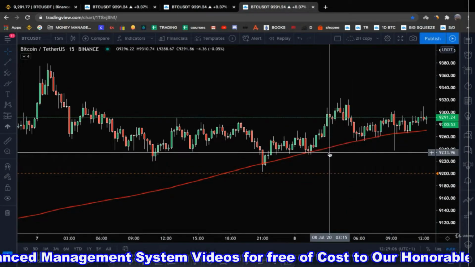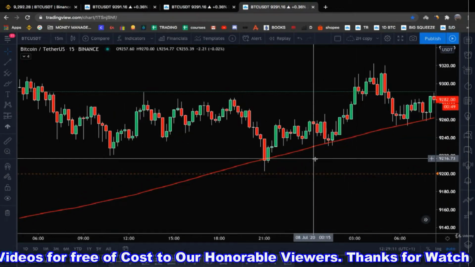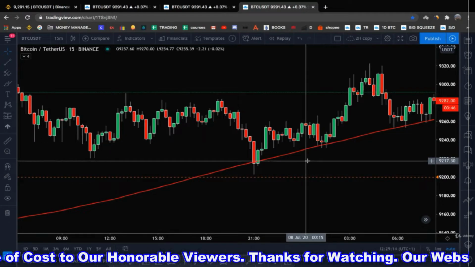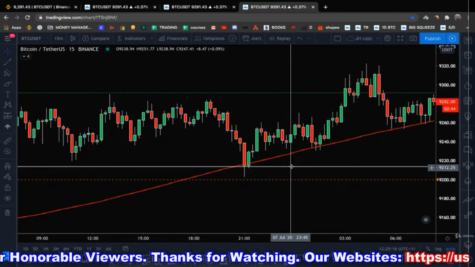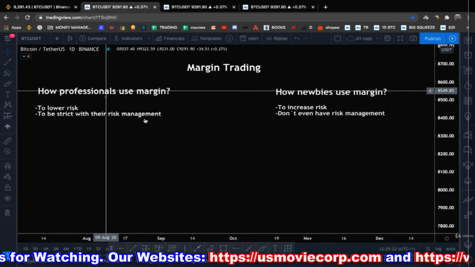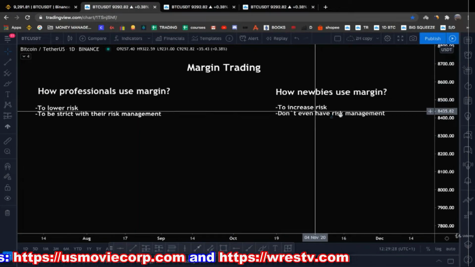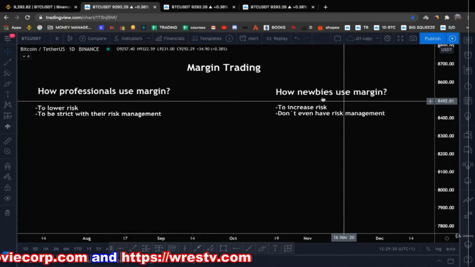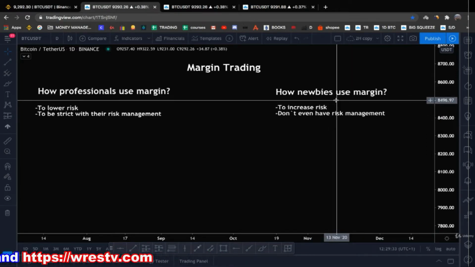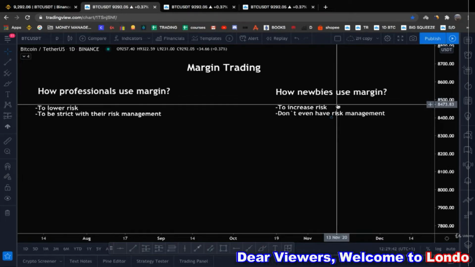So this is why I will teach you in another lesson why strict risk management is so important. Strict risk management. It's not a should, it's not an if, it's a must that every time you have to enter with proper risk management. So basically this is the difference between how professionals use margin and how newbies use margin. This side here, they are playing a casino again. Let me give you an explanation: in the casino, there are two sides. There's the casino and the player, right? And the player in the long term is always losing money.